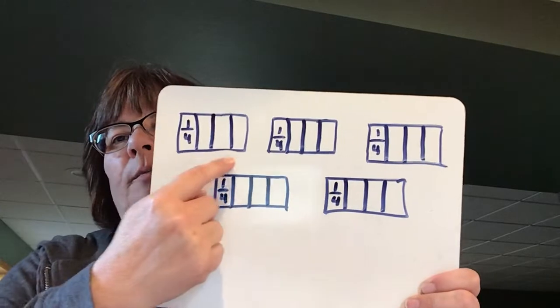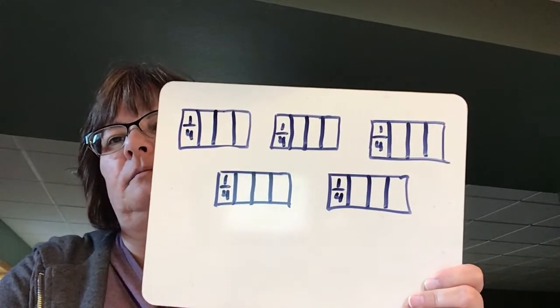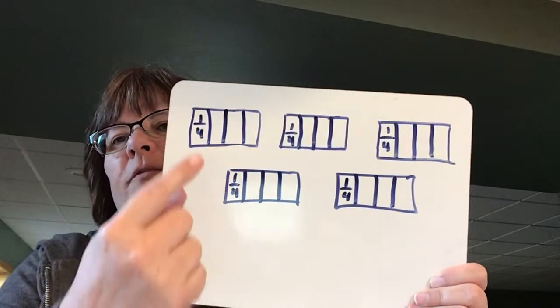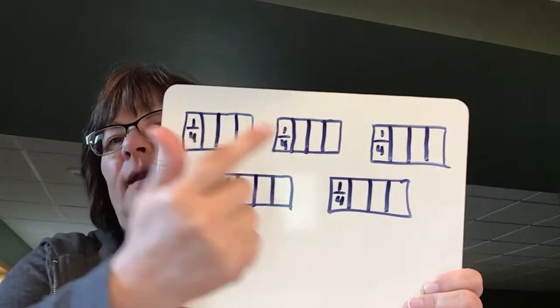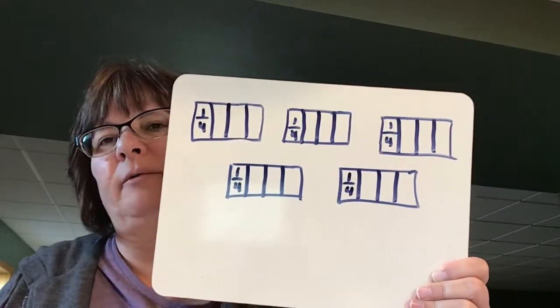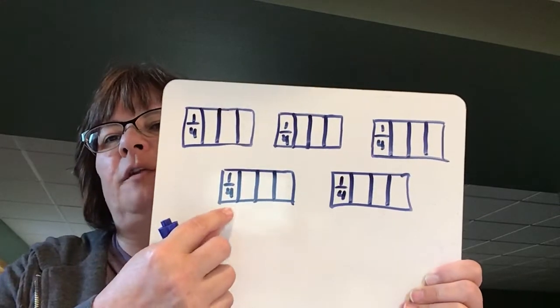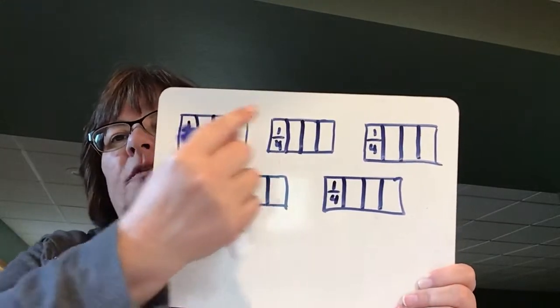Here's one granola bar, and there are 4 pieces, one for each person. Another one, 4 pieces, one for each person. So each person is going to get a piece of each of these granola bars. Maybe they're different kinds, and that's why I want to do it that way. Okay? So one person is going to get 1/4 of this, 1/4 of this, 1/4 of that, this, and